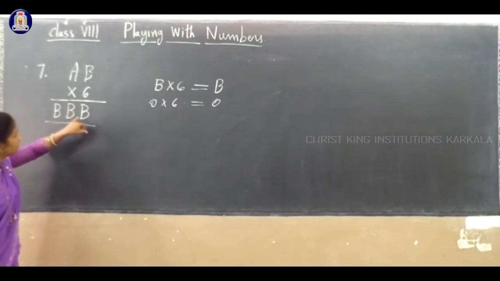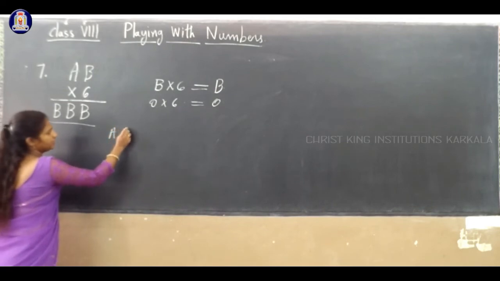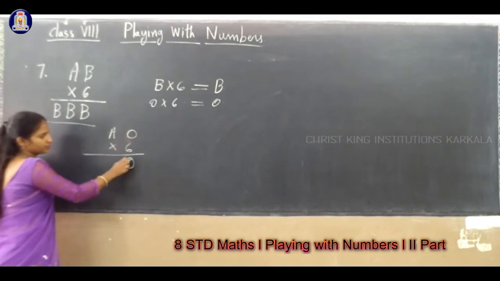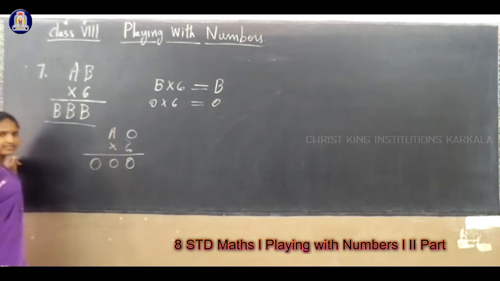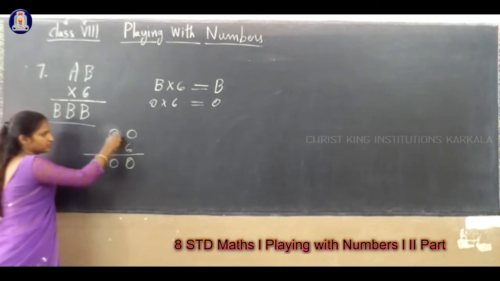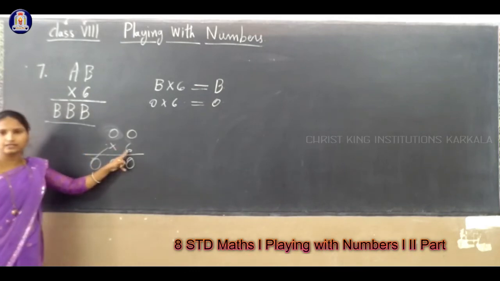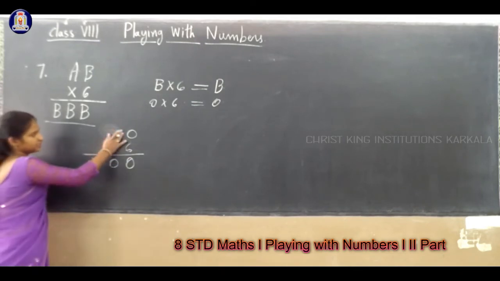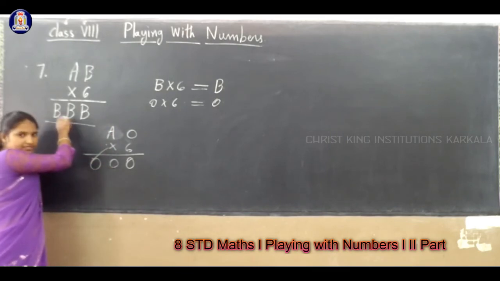So if I consider B value 0, what happens? See now, B is 0 into 6, 0 into 6, 0. Then here also you should get 0, 0. Now what value can we give to A? 6 into A. If you write 0, A also 0. Can you get this 0? Is there any other number to multiply by 6? No. But here you must get a 2-digit number. Multiplying 6 into A should give an answer of 2 digits. The 2 digits mean BB. Same answer you must get.